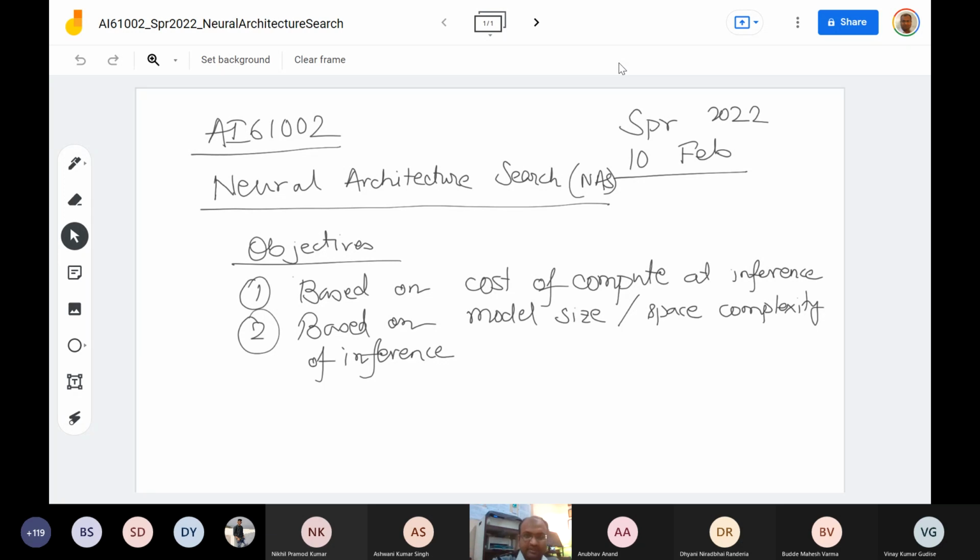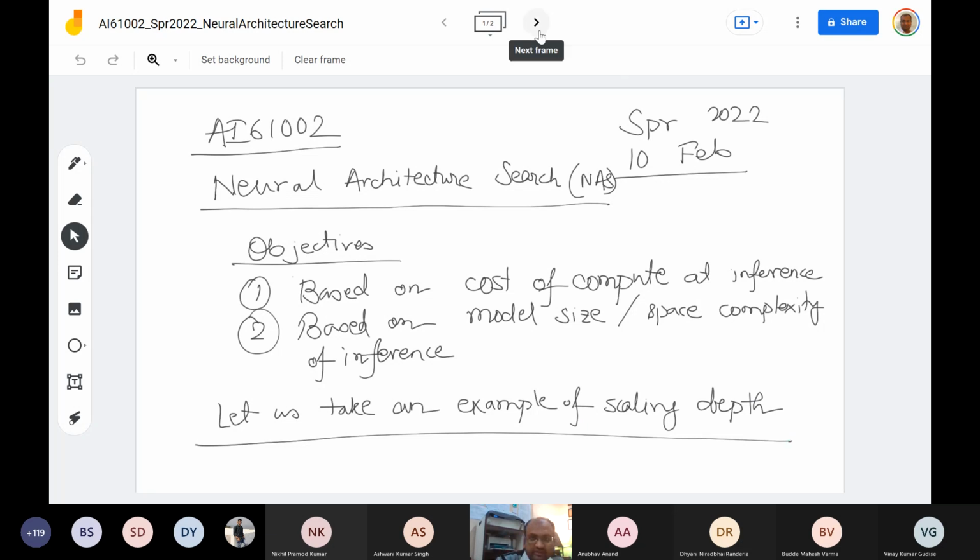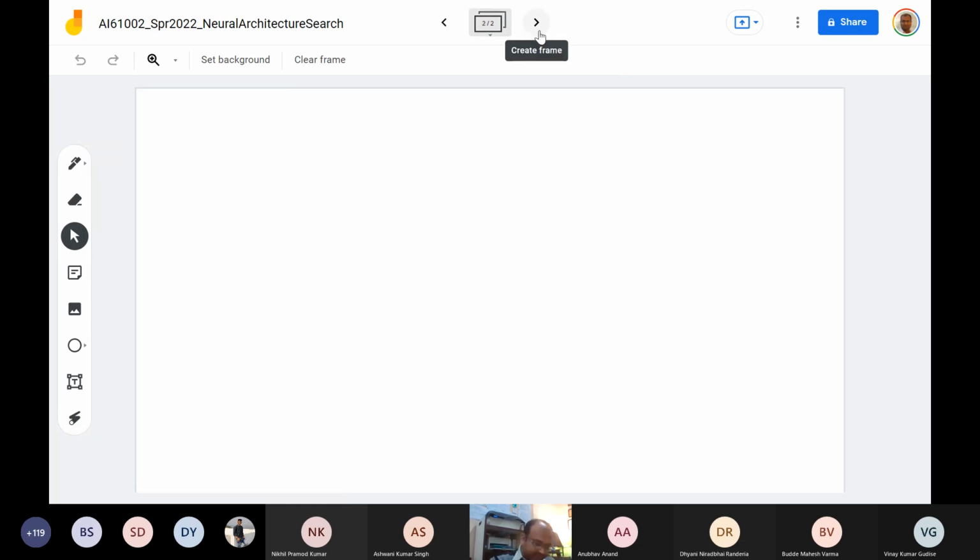Now, let me give an example. Let us take an example of scaling depth. I will take a very simplified example so that it's not very complicated for everybody to understand and we can achieve our objectives very easily. Say that I have a network over here, which is X,